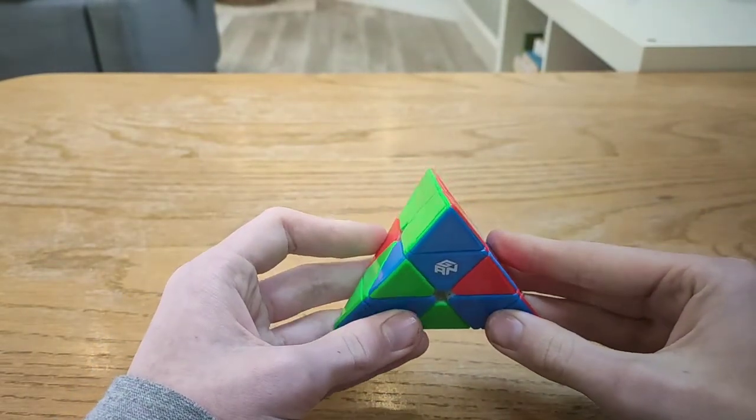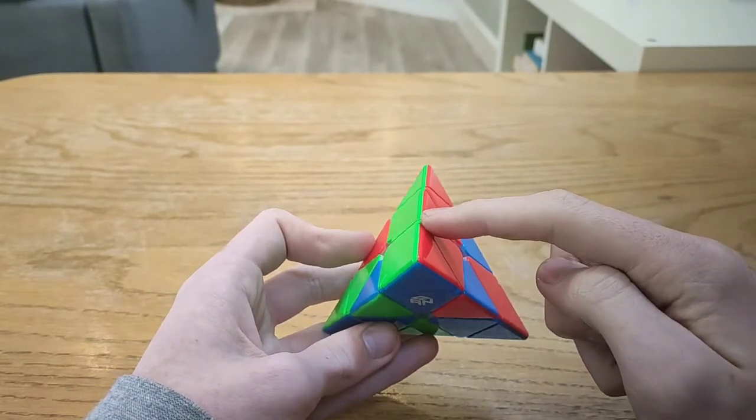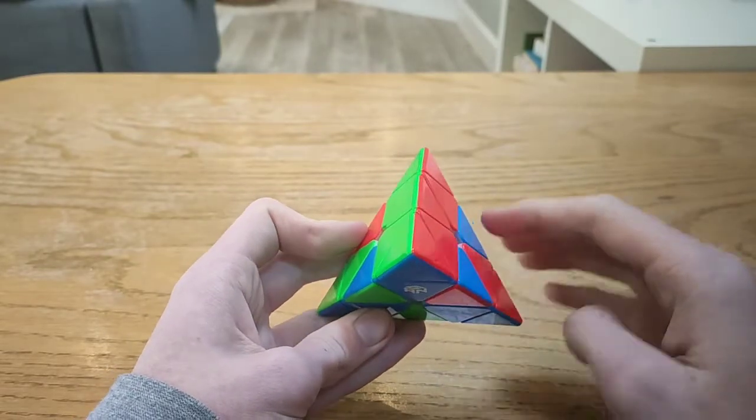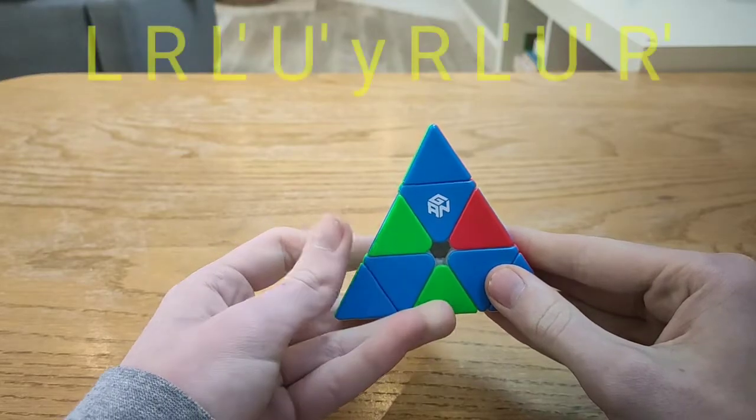So this next case has a two flip again, where you have one piece fully correct, and then two pieces correct but flipped. And you hold your correct piece in the back, and the algorithm is